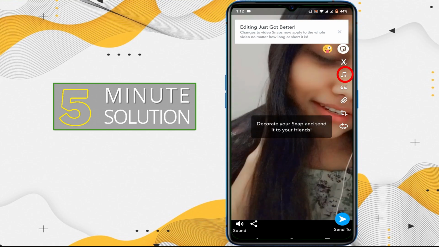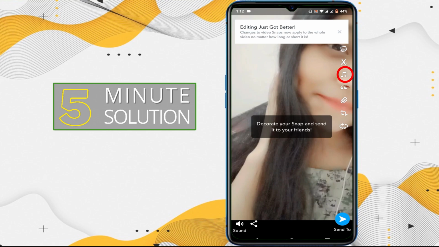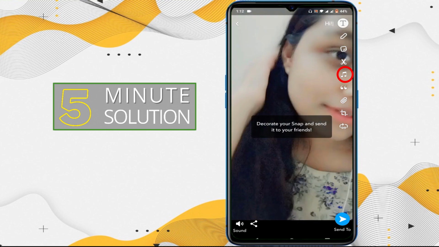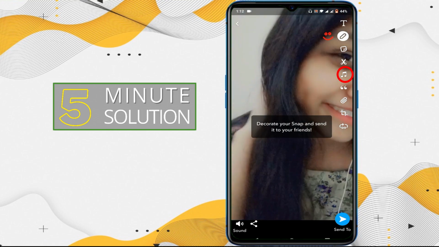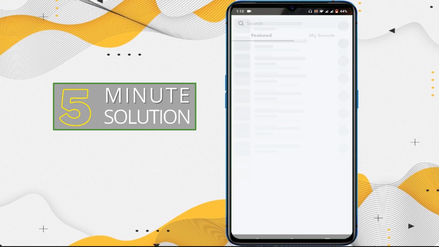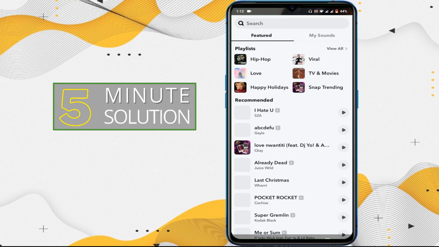I just want to add music, so tap on these music options, like 1 2 3 4 5. It's 5 options. Okay, tap on here, and here are some music options, functions for you. Okay, I just want this Love Neoti. Okay, tap on this, download this